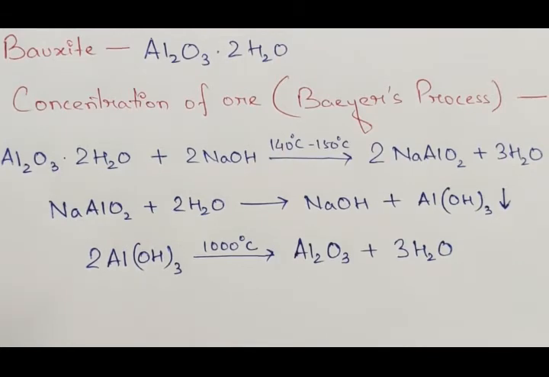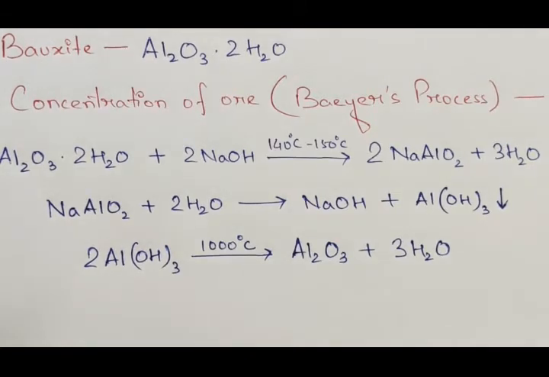Now, aluminium oxide has a high affinity for oxygen, meaning aluminium has a greater affinity for oxygen. So this aluminium oxide is a very stable compound. Okay, so we cannot reduce this aluminium oxide easily by using some common reducing agents or simply by heating. So in order to get the pure aluminium from its oxide, we need to reduce the aluminium oxide by using electrolytic reduction. Clear?